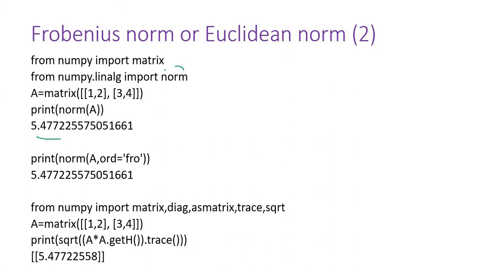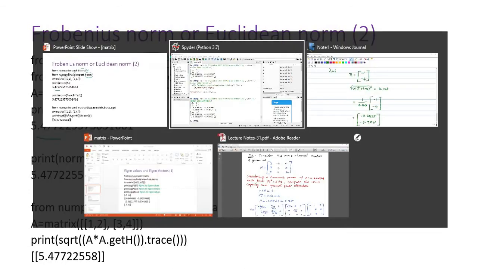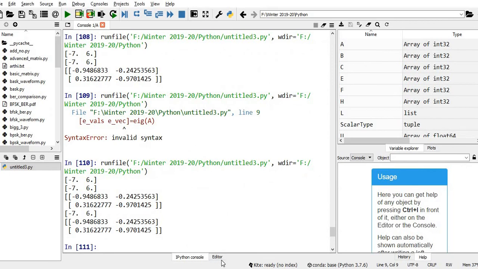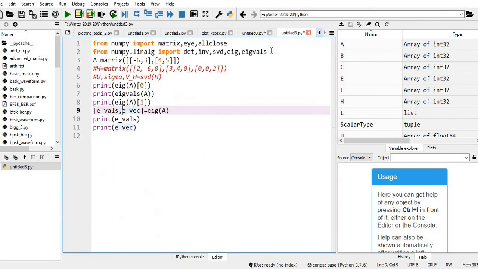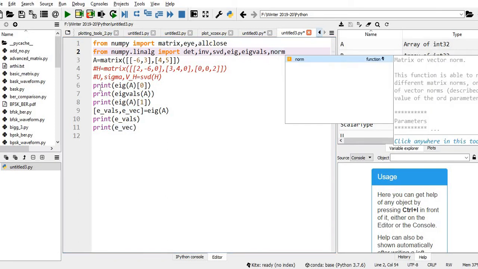Before that, we need to import the norm. This norm is actually available in numpy.linalg. So from that we have to import this norm. Let me import norm from linear algebra.